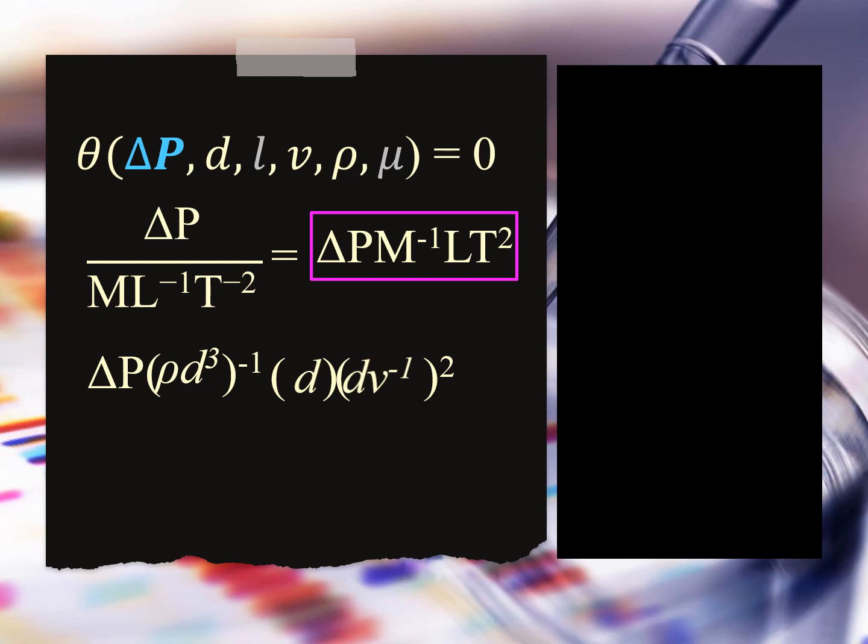Thus, we get an expression of change of P times the quantity rho D cubed raised to negative 1, times again the quantity of D, times the quantity of DV raised to negative 1, quantity raised to 2,